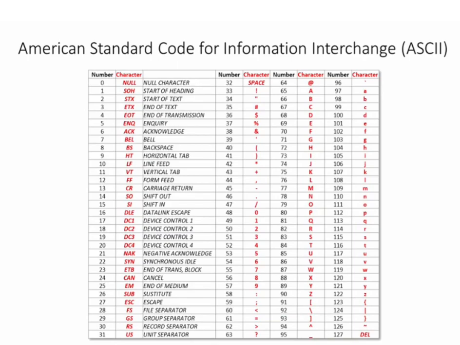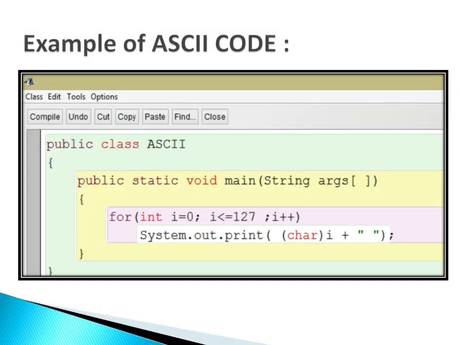We have a list. If you want to see this list in your computer system, then you have to write some code. See, in this way, you have to write for int any variable. I am taking i equals 0 because counting of ASCII code starts from 0, and I already mentioned that i is smaller than or equal to 127.